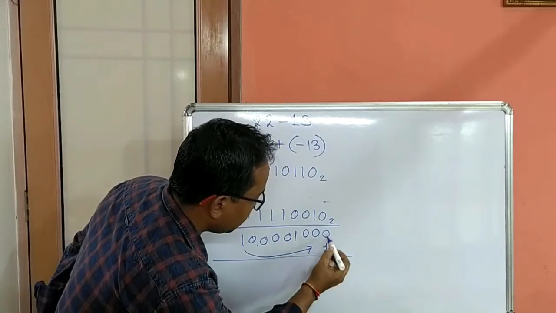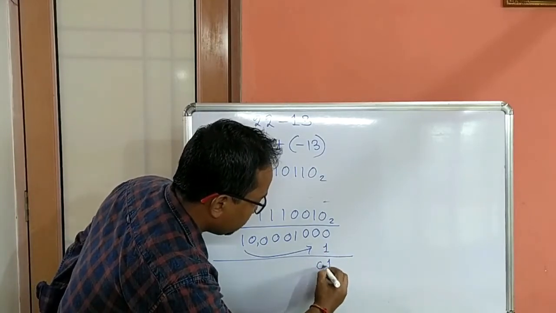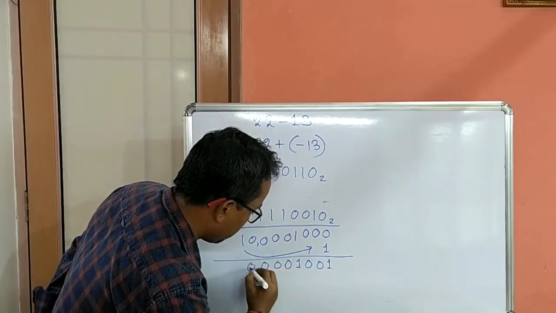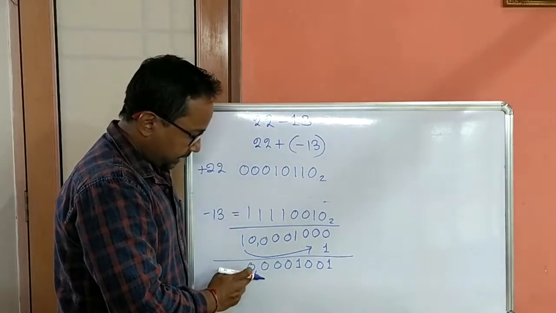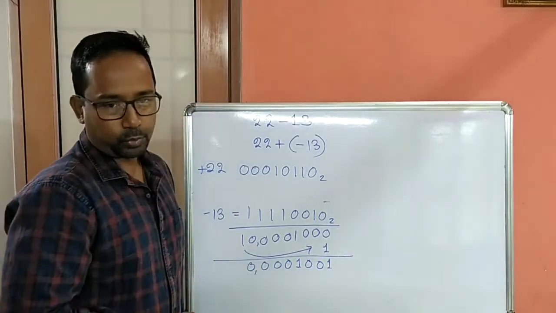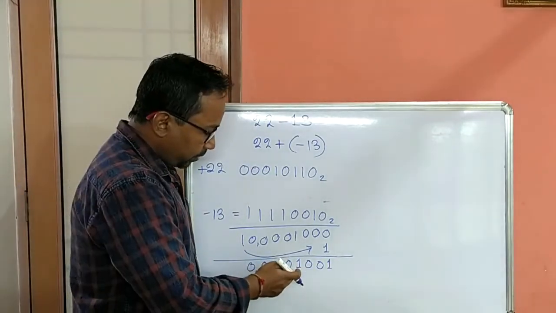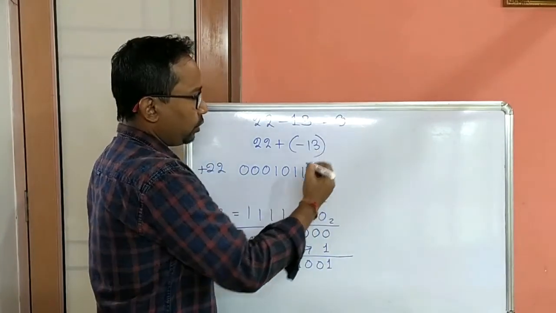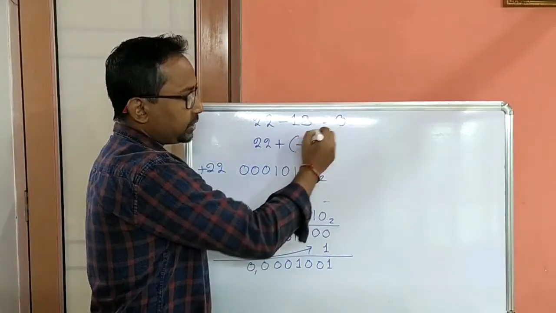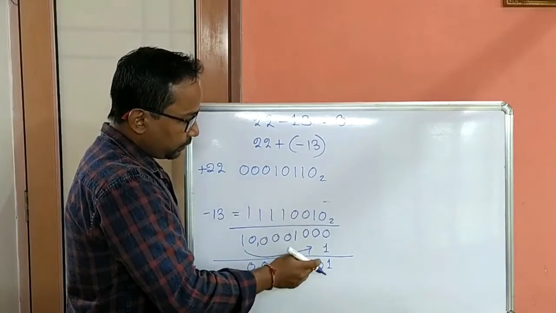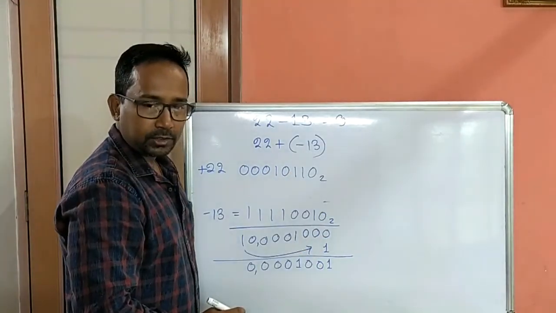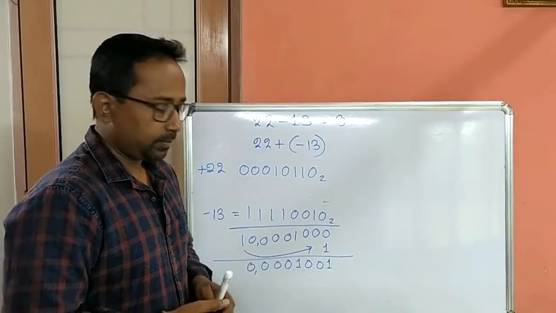So the sum is 0 plus 1 is 1, then 0, 0, 1, 0, 0, 0, 0. So this is the sign bit. As this sign bit is 0, the number is positive. Now we can convert this binary number to its decimal equivalent to check whether 9 is coming or not, because 9 is the result of this decimal subtraction. In binary also we should get the binary equivalent of 9 as the result of this subtraction. Okay, now let's have another example.